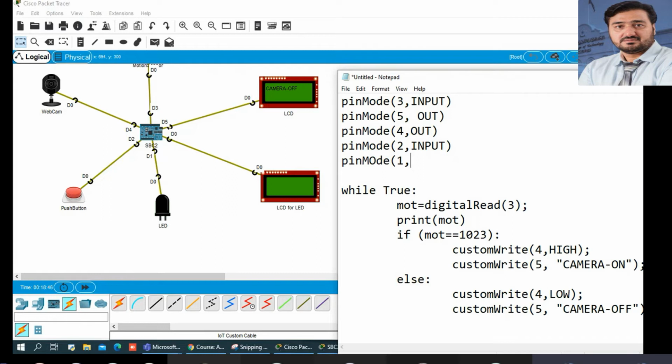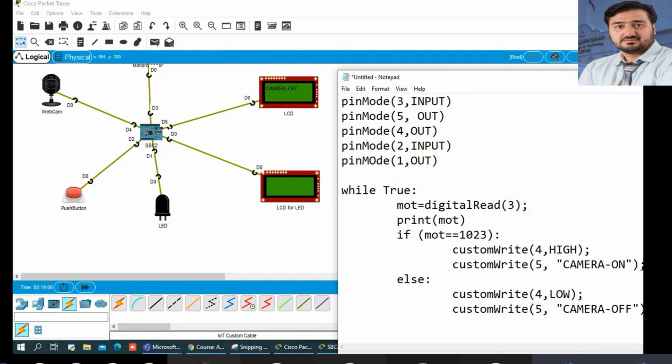Please tell me. Output, yes, it is an output. Good, good, good. MashaAllah. So this is the output pin.